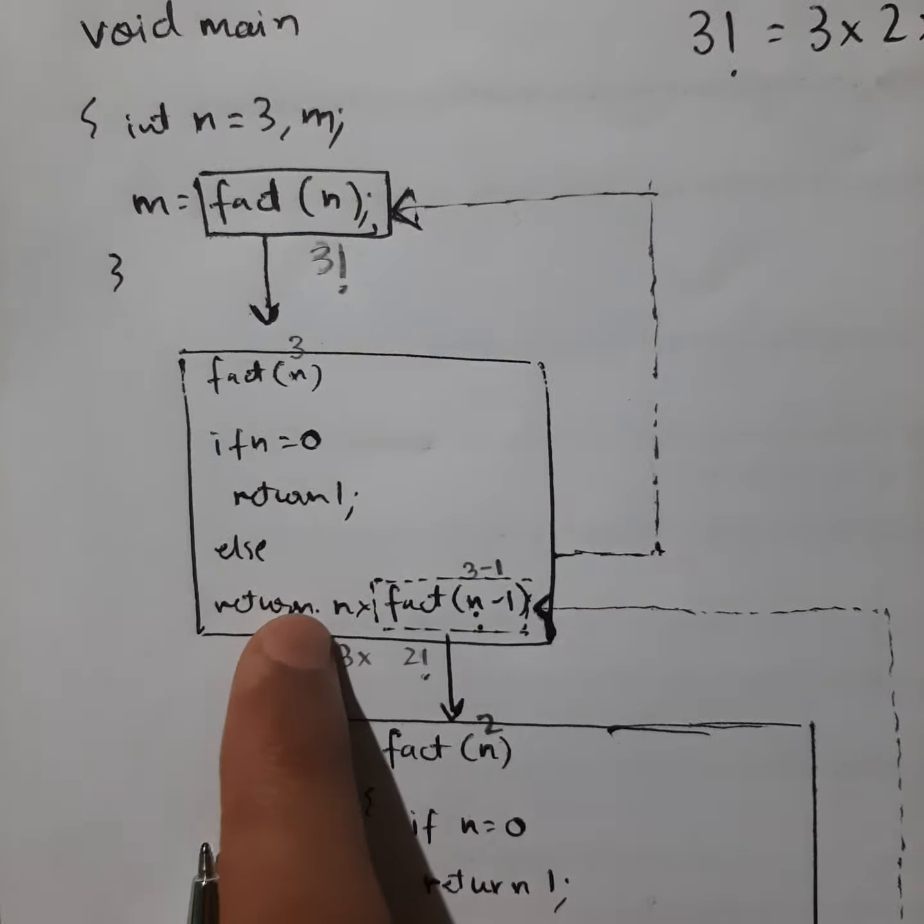So the function again getting called is factorial of n minus 1. What is n here? 3 minus 1, 2. So here 2 is getting passed, so this function will be called and 2 will be passed in this function. Since here we are passing 2, 3 minus 1 will get calculated and 2 is getting passed, so 2 will come here. Now again, n is 0, no, else return this, 2 into factorial of 2 minus 1. What is 2 minus 1? 1. So again we have to calculate this whole value here and then replace this whole value in this. And then calculate the whole value, this one, and then replace this whole thing here.